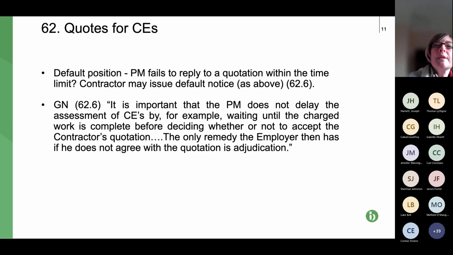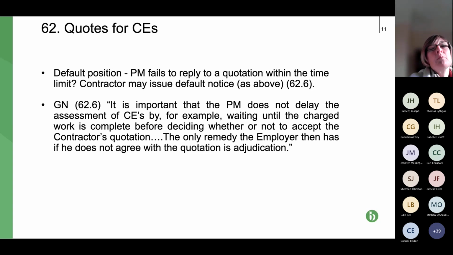So use that quote in discussions with PMs, because again, strategically, nobody likes to be told that they're misbehaving, they're not following the contract properly. And in my experience, this is what a lot of PMs do. They sort of hedge their bets. They often reject a quote or say they'll assess it and then they don't. And typically, they're looking to see how much it actually costs so that they can get it for a lower price very often.